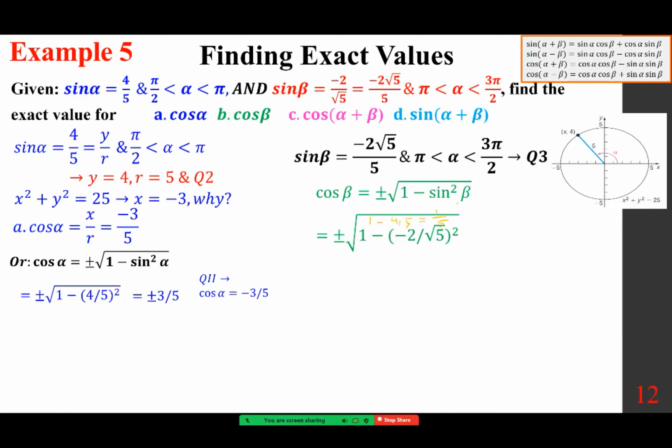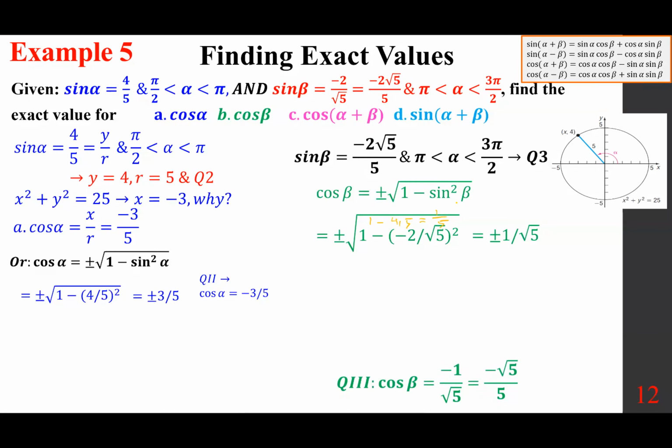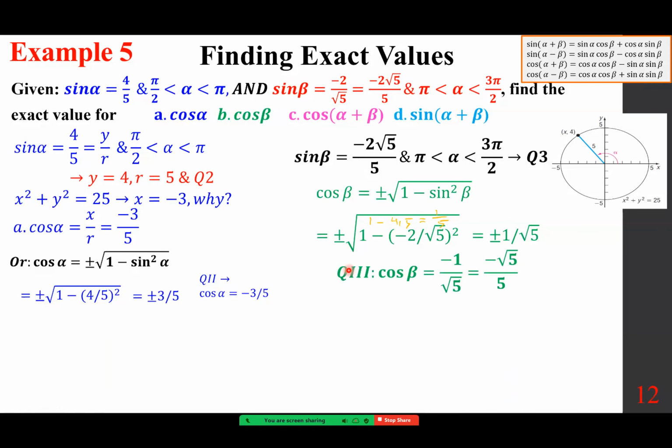And so the square root gives you plus minus 1 over square root of 5. In the third quadrant, cosine is negative. Again, pay attention that it's third quadrant, and that really makes a huge difference. In the third quadrant, we should know what's going on. Cosine is negative, and of course,